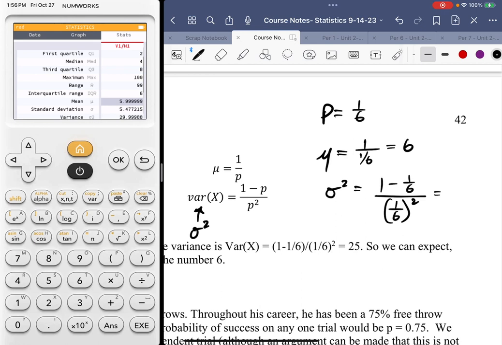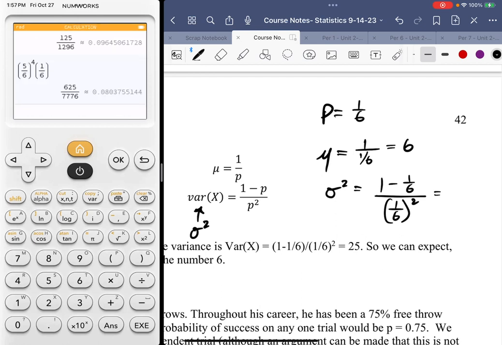That should give me something in the neighborhood of 5.477. All right, so let's see. Oops, not 16, 1 over 6. And then 1 over 6, close it up, raise it to the second power, and you get